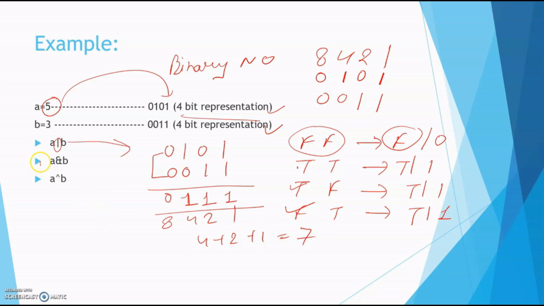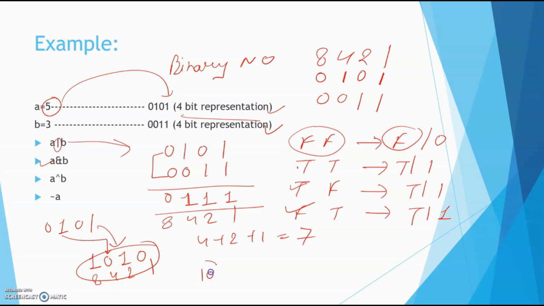Similarly you can find A and B, A or B, and negation A. What is the purpose of negation A? It means it changes the value. Suppose the value of A is 0 1 0 1, so it will negate. In place of 0 it will create 1, in place of 1 it creates 0. So that will be the value, 8 4 2 1, 2 plus 8, that is 10.